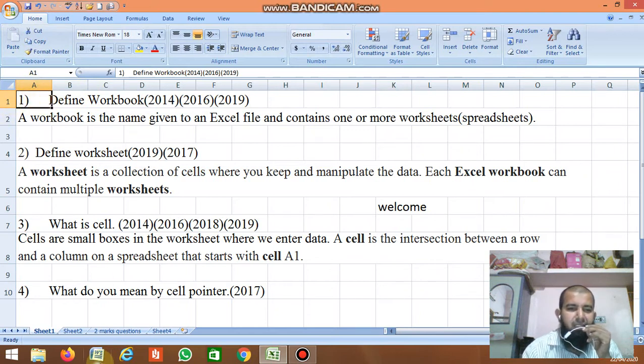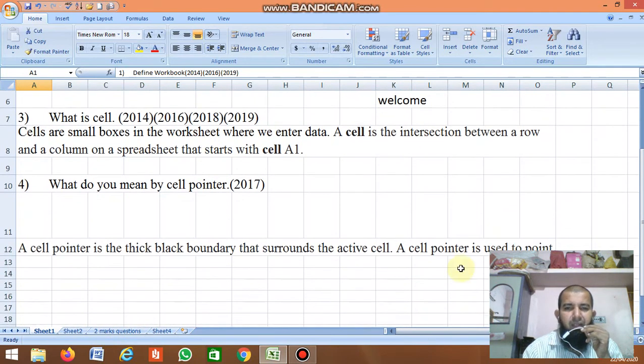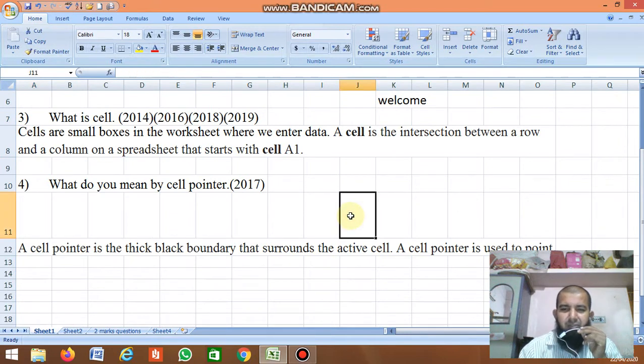Next, what do you mean by cell pointer? The plus symbol that is moving, the cursor, is the cell pointer. It is the thick black boundary that surrounds the active cell.